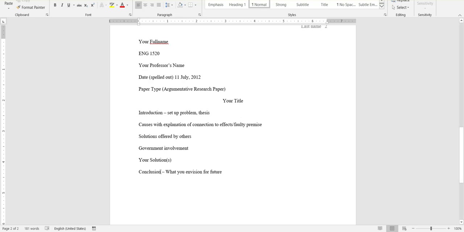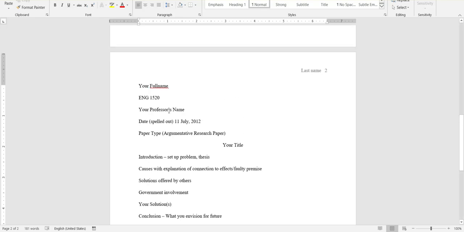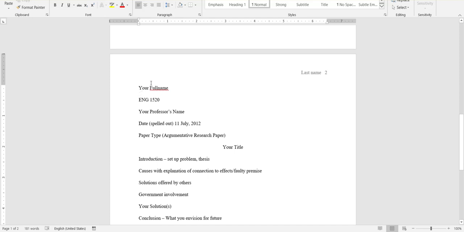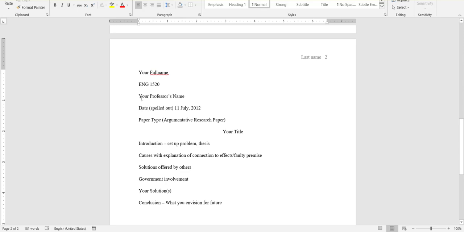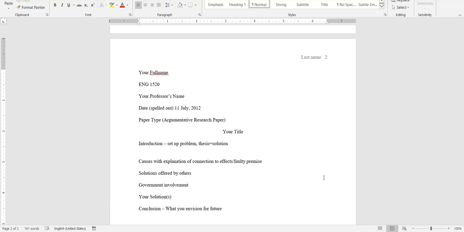Okay, so these are our basic headers for each of the sections of our paper. You're going to fill in your own name and change your header there. This is just reminding you of MLA format. Your title, you can wait until you figure out what your point is before you make your title. And then you will want to set up your introduction with a thesis. And the thesis here is very simple. It's going to equal your solution. So your introduction is where I would expect you to include stats, state why it's important to the person reading it,